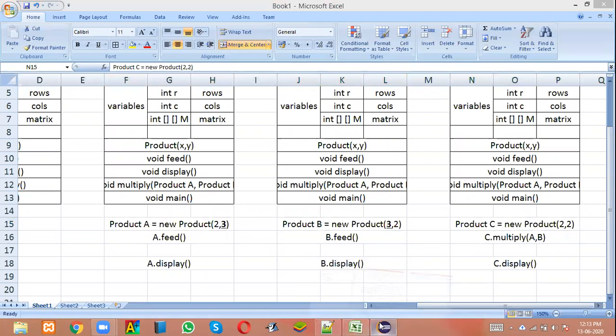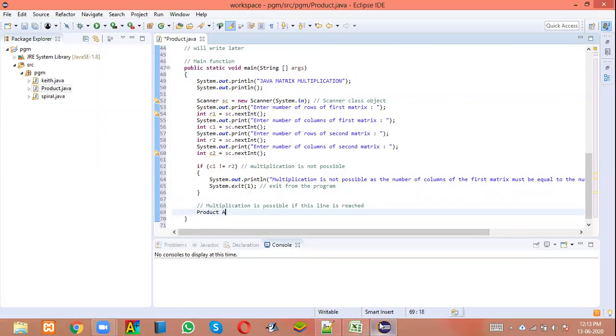We have to create 3 objects. Let's create 3 objects. Product A will be new product of R1, C1. Product B will be new product of R2, C2. Now product C. Okay, product C will be new product of...